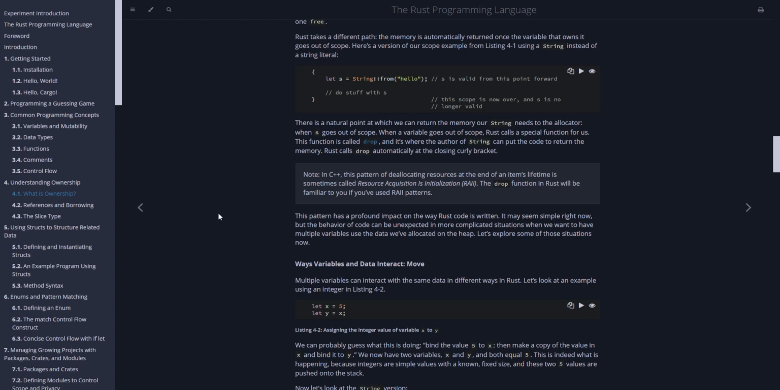When s goes out of scope, there's a natural point at which we can return the memory our string needs to the allocator. When a variable goes out of scope,